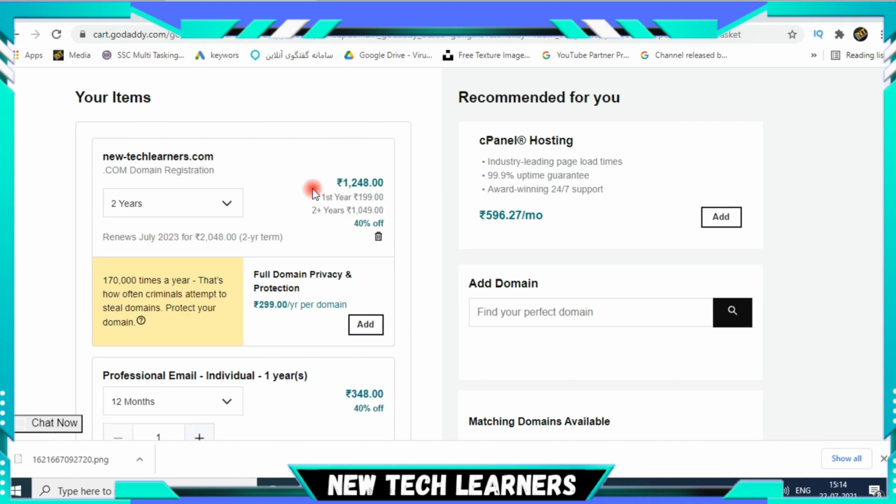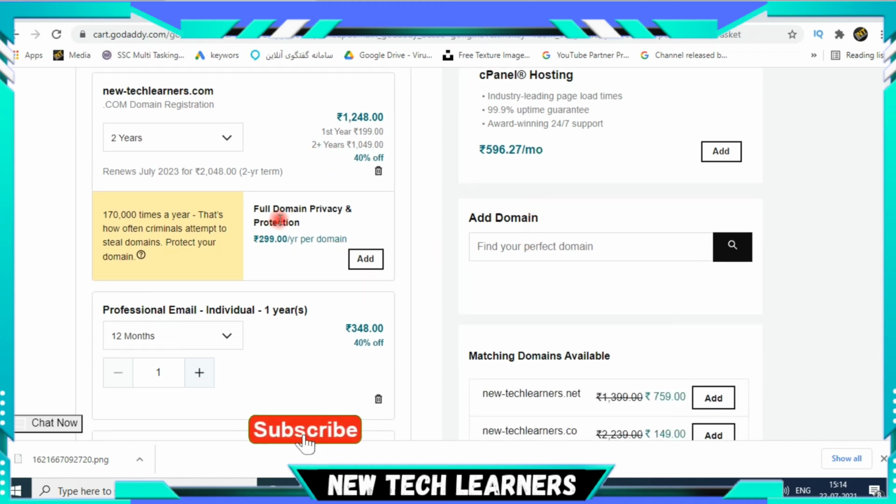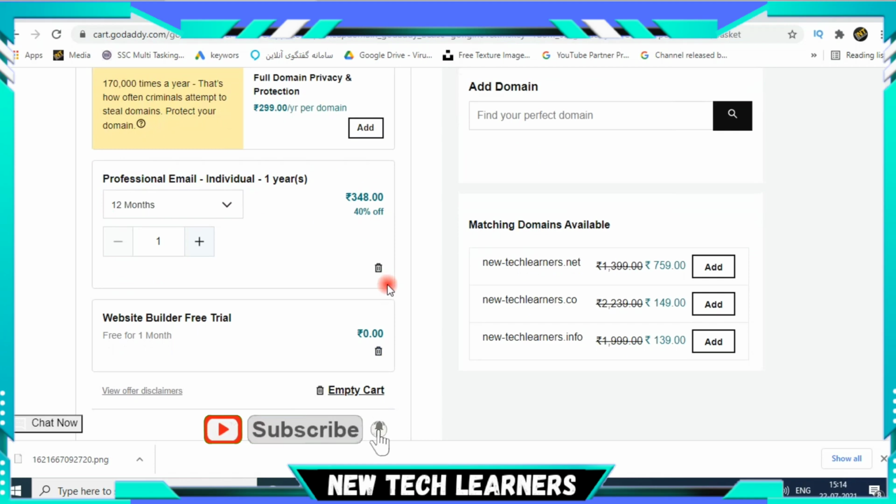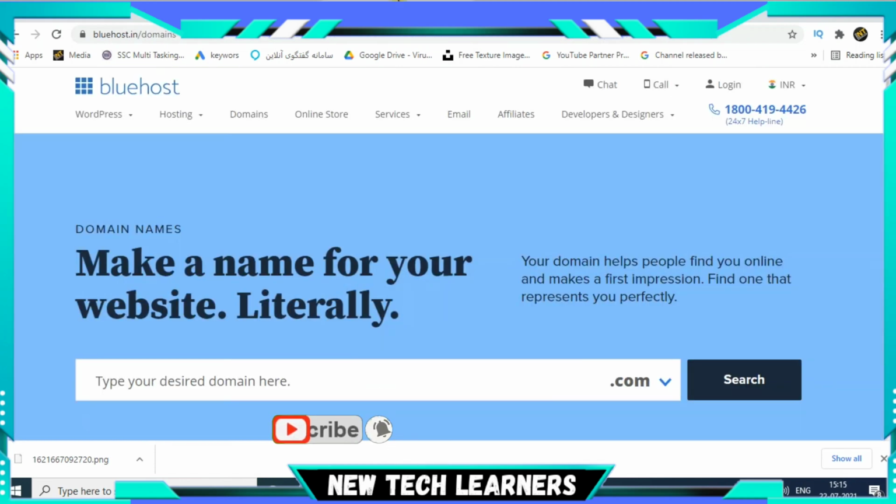So you just have to click on the plan and then you have to pay, and your domain will be purchased automatically. So guys, as you are noticing, it is showing the charges for 2 years, and you can check what the charges are, and then you just have to click on this one and you can purchase after paying the amount. And this is the third one, bluehost.com, and you just have to search here, and let me search the same newtechlearners.com,